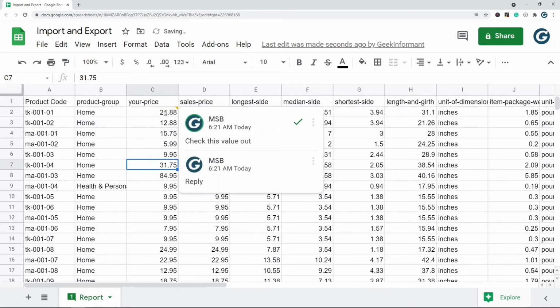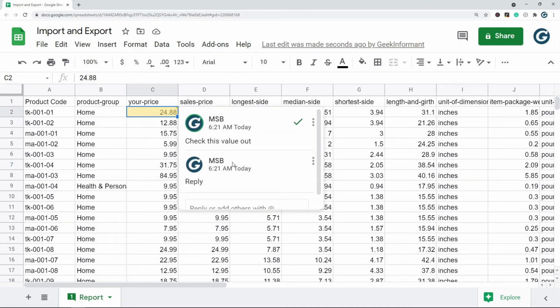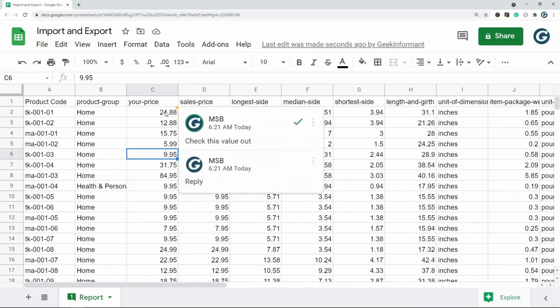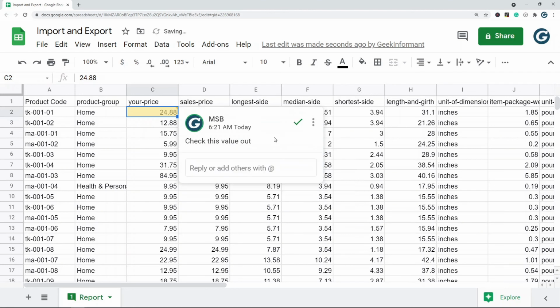So notes and comments are pretty simple. Comments are a little more dynamic. You can tag people in comments. You can also see the history of comments. So comments are a lot more useful in shared documents, but again, they are pretty similar. So to remove a comment, you would just come up here, delete,